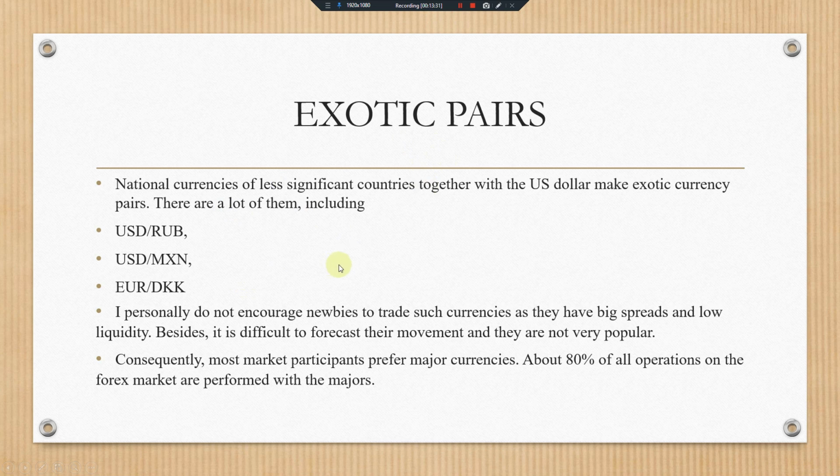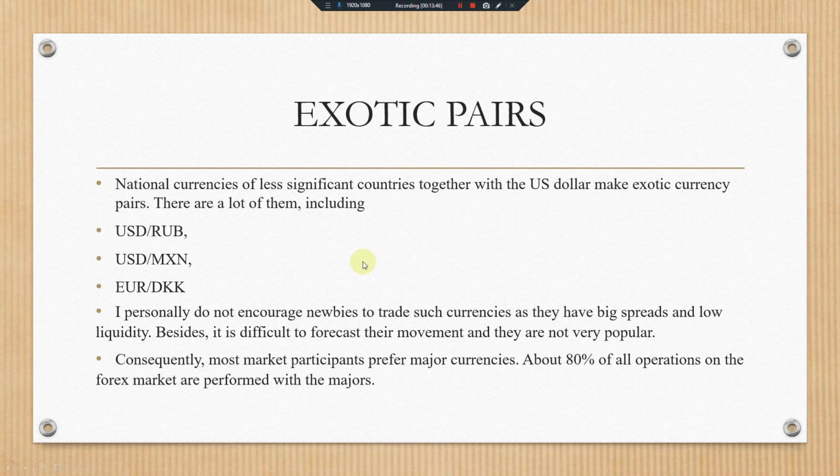I do not encourage you to trade these as you've just begun trading. I would rather you stick to the major pairs as well as the cross pairs, right? Otherwise, we won't even pay much attention to these.